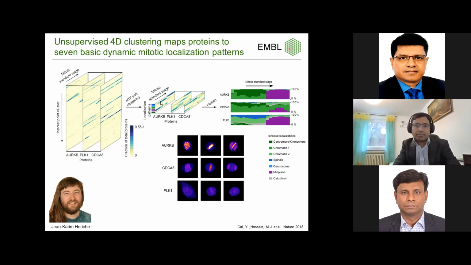You also keep the standard mitotic stages, and then instead of feature, you now say it's protein localization. Then protein localization, we know, is centromere or chromatin or spindle centrosome. So these are the kind of position. So chromatin is the DNA, midplane is in the middle between two centrosomes, cytoplasm is just in the middle of